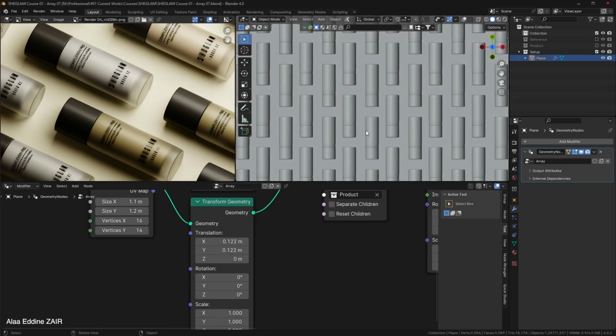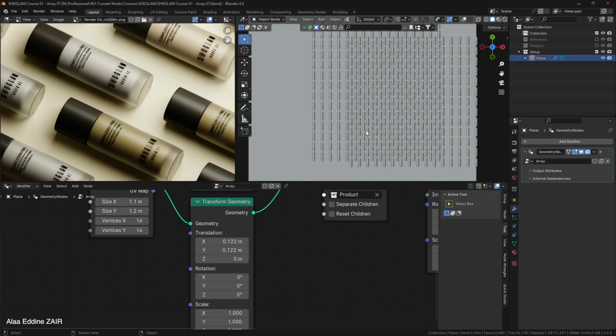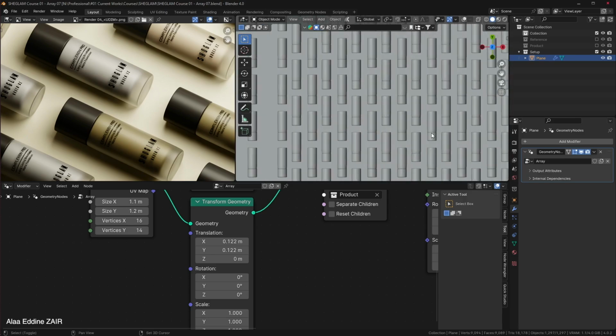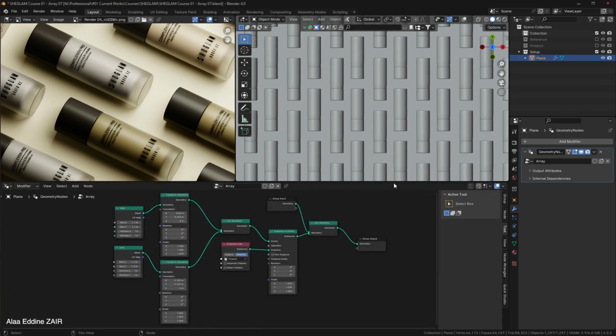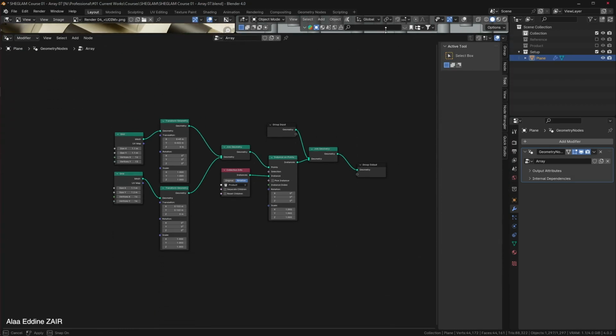Let's inspect it from the top view. Quite neat, don't you think? Here is the node setup in case you want to